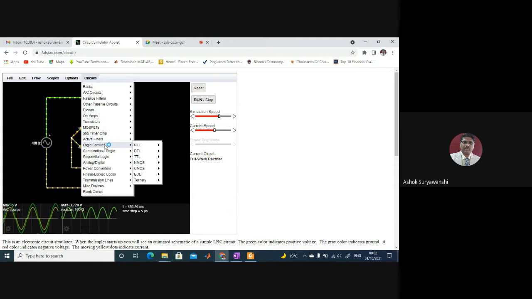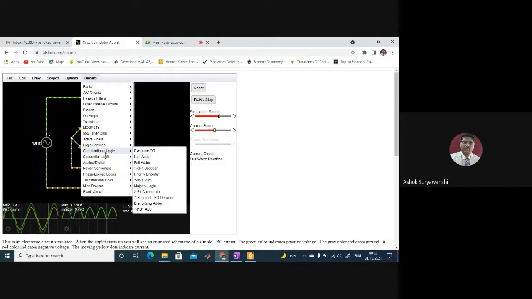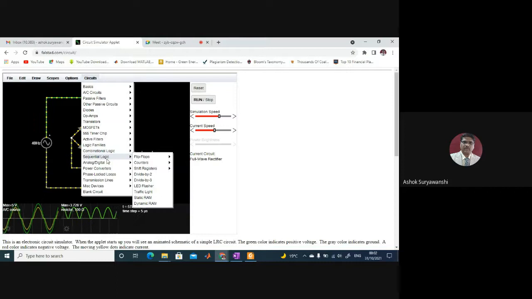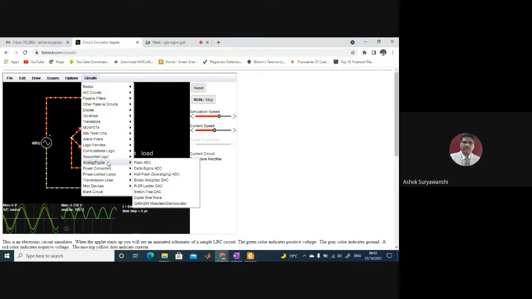Logic families: RTL, DTL, TTL, NMOS, CMOS, ECL, all families are there. Combinational logic, that means what you are studying in digital, is all there: exclusive OR, adder, half adder, full adder, and everything. Sequential logic, what you are studying: flip flops, counters, shift registers, and so many things. Analog and digital: flash ADCs, DACs, and all that.